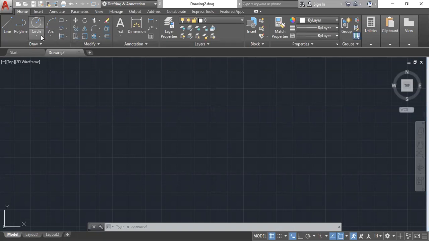They are organized, for example, for drawing you have this panel. If there are any extra ones, if you click on this arrow, they will come. Modify, annotation, layers, block. All these are panels.